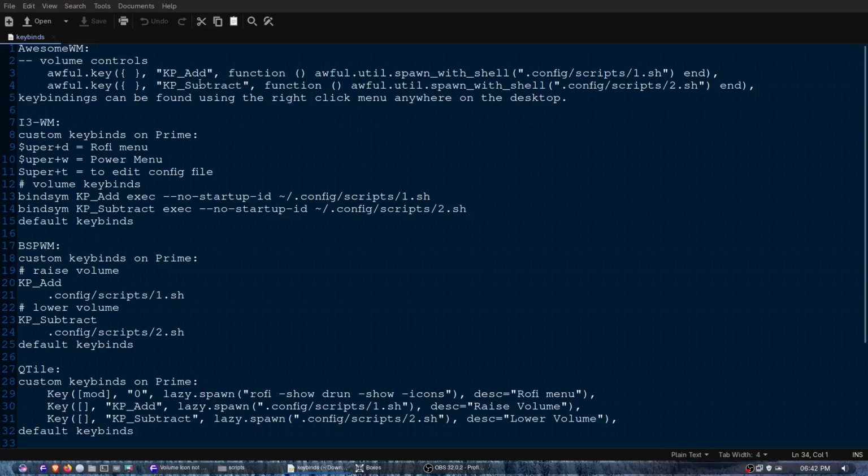Usually people that use these tiling window manager systems, they pretty much already know this. But there's a lot of people that don't. So, hey, why not just add to it? So in this example, let's say, for example, in Awesome Window Manager, this would be to raise the volume. And you can see right here, it says awful.key, and you got some